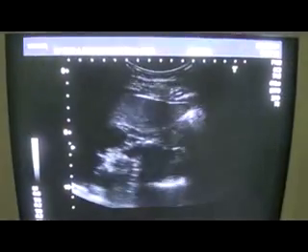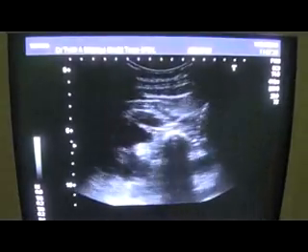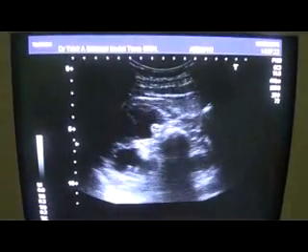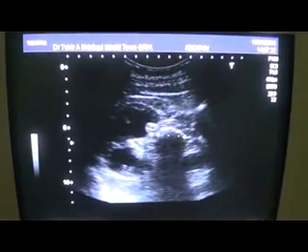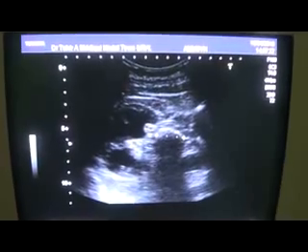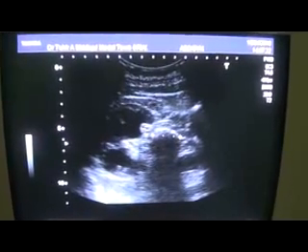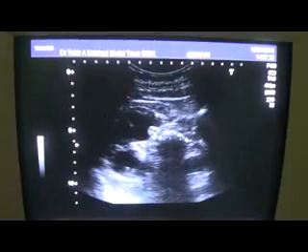And why is it so? It's because of a large calculus that is impacted in the pelvic-ureteric junction. This is the calculus, and just see the size of the calculus. This is the parenchyma thinned out,